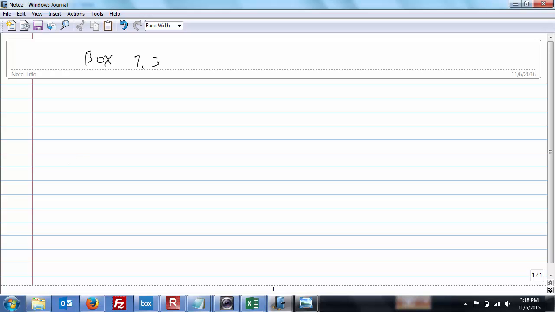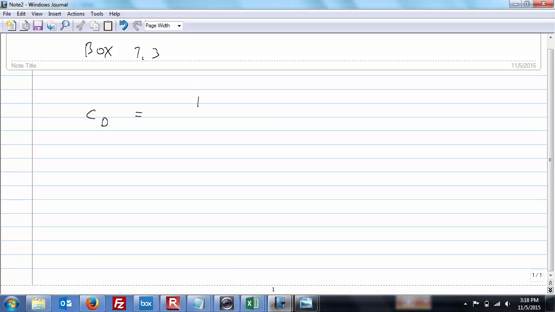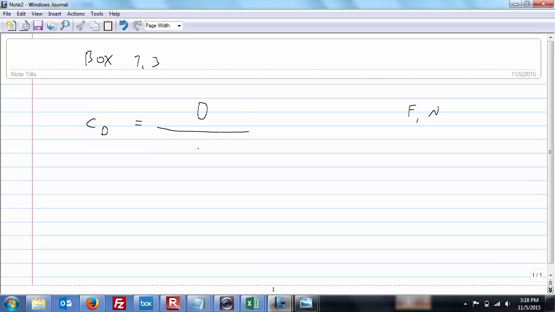And so the drag coefficient, C sub D, equals: this number at the top is drag, and this is a force equation, so drag is measured in force, or newtons. In the denominator, there's a little bit of a typo. The equation has a P, but the book says rho for density. So 1/2 rho